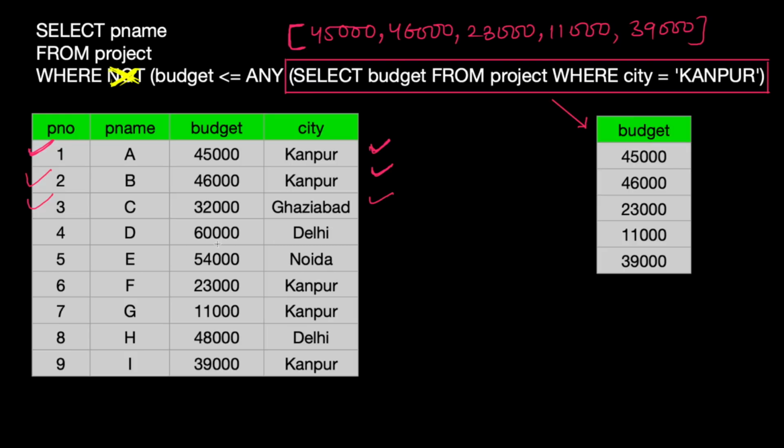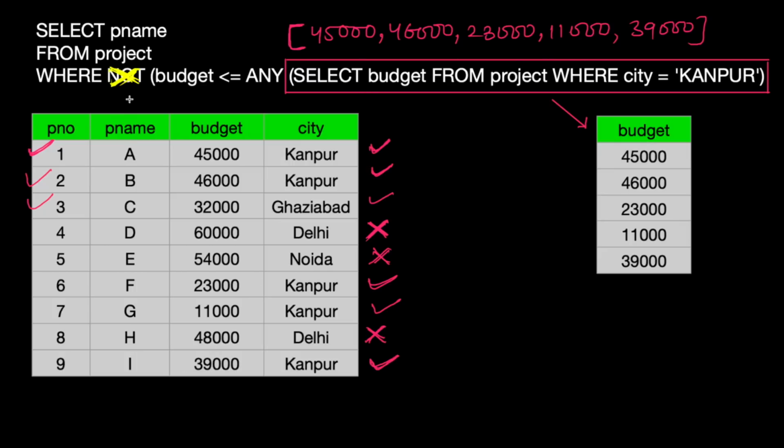Yes. Is 60,000 less than any of the values? No. Now 54,000: less than or equal to any of the values? No, again. 23,000, yes. 11,000, yes. 48,000, no, again no. 39,000, yes, again.